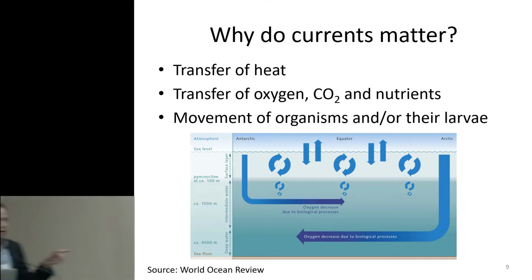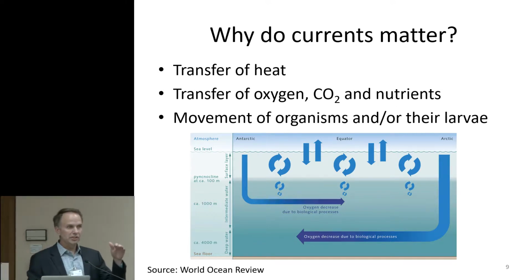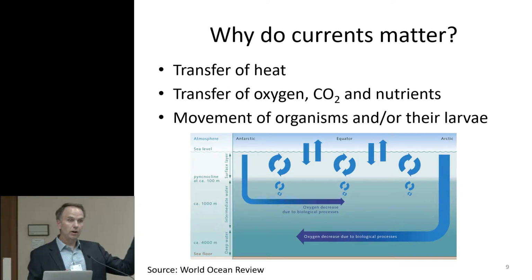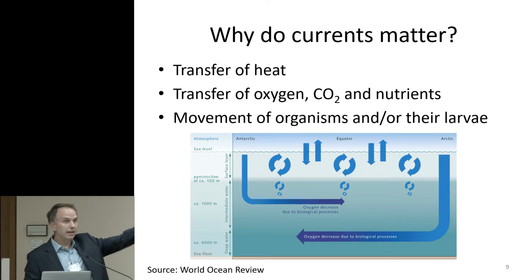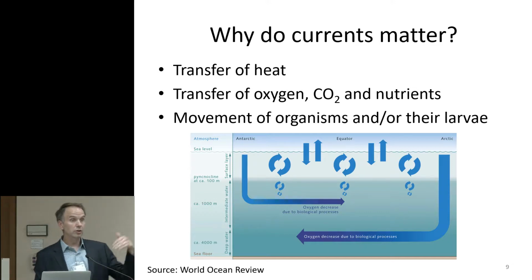These currents matter because now we have a system where our deep water currents hook up with our surface currents, right? And this sets up a general circulation pattern. We said already that this matters because of the transfer of heat across the system. Now, the other thing that's moving in those systems is oxygen, carbon dioxide, and nutrients. So the colder, more oxygen-rich, nutrient-rich waters up in those northern latitudes are now